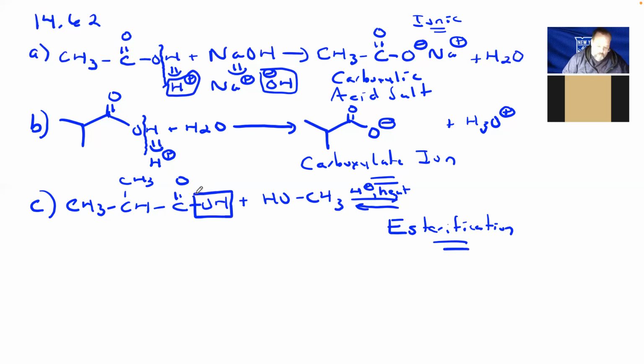Then you go to the alcohol, and from the alcohol oxygen, you take off the hydrogen. So the byproduct of this reaction is going to be water. The OH and H essentially combine to give you water. The bond formation that you get is a bond between the C double bond O carbon of the carboxylic acid